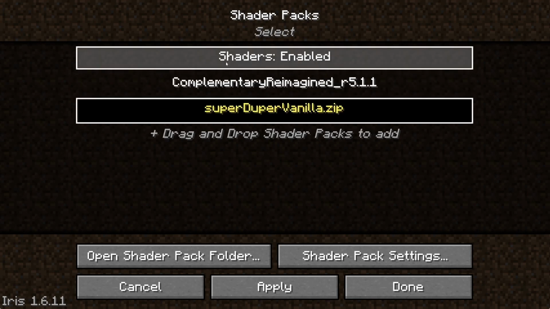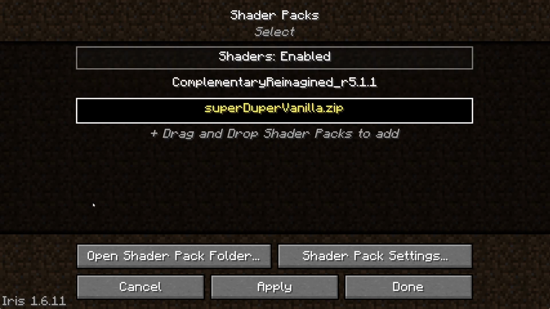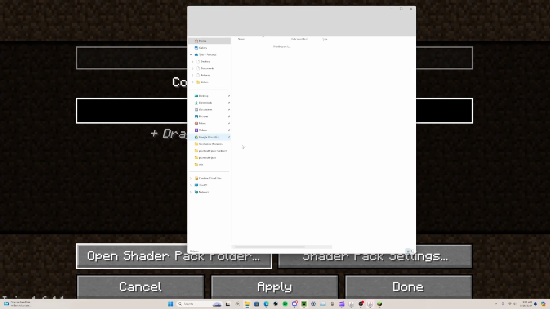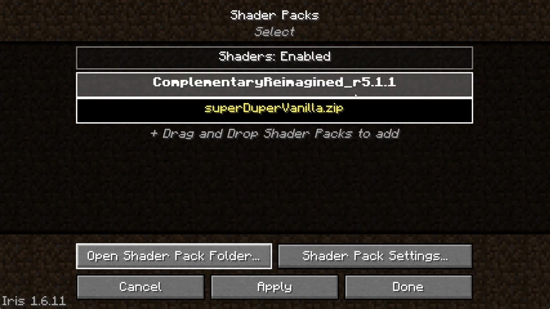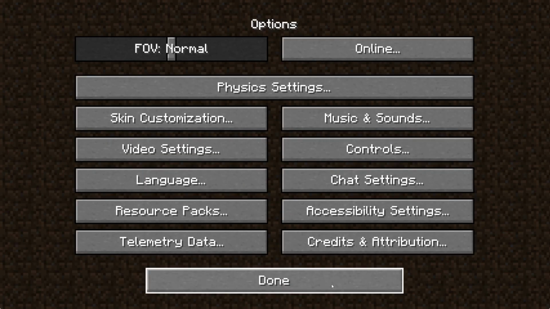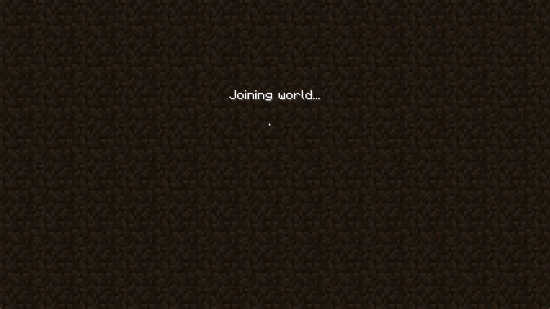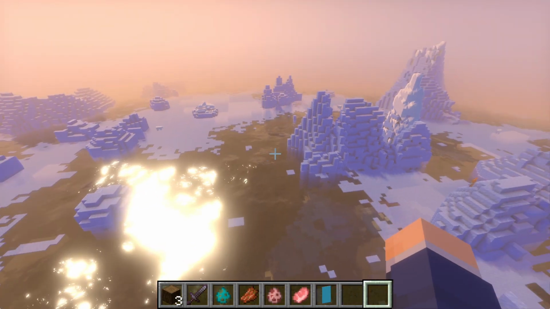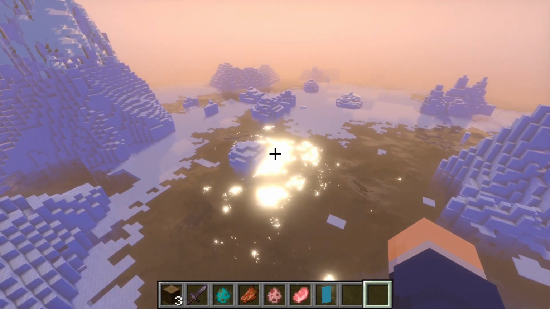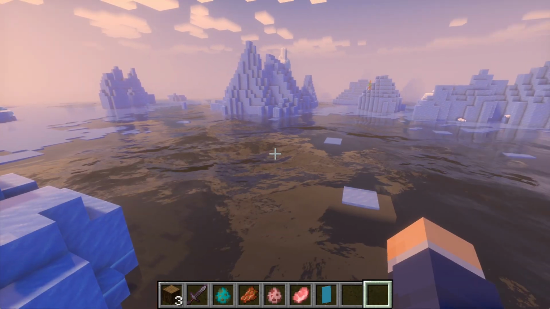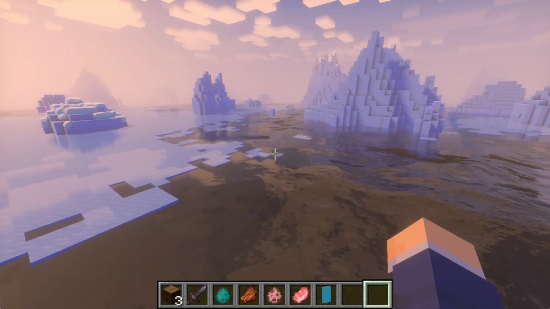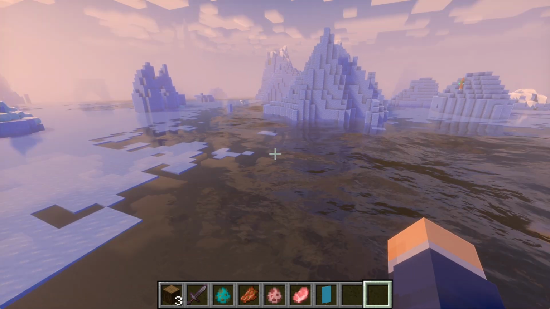If you don't have the Super Duper Vanilla in shader packs, go to open shader packs folder. The Super Duper Vanilla that we downloaded can be put into the shader packs folder, and then it will be enabled. Now that everything is done, we should be able to join the PlantPhysics server. We have Iris installed, we have Fabric installed, so we are going to get beautiful water physics with absolutely stunning shaders. You can see loading, it's going to be a bit laggy,